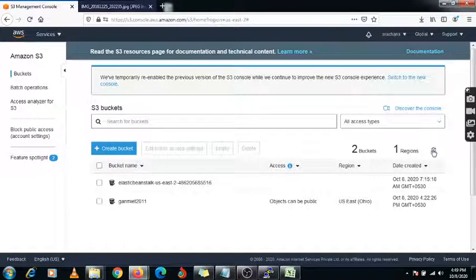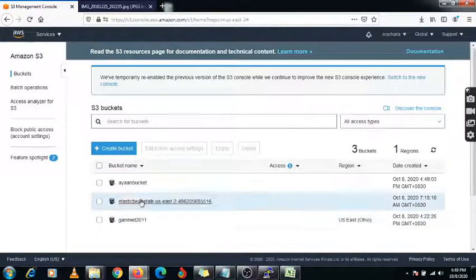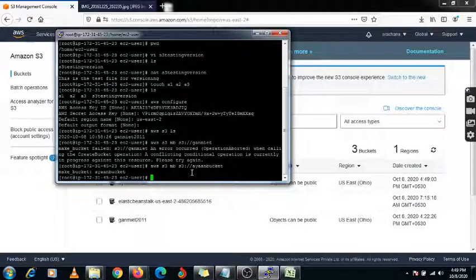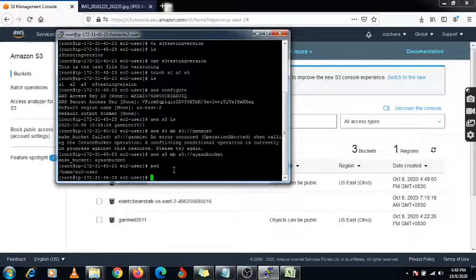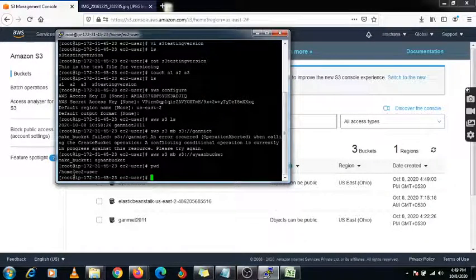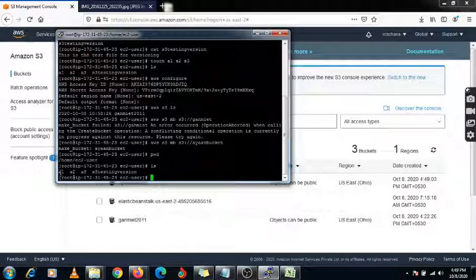You need to refresh it and check whether it is created now. If you want to remove this bucket, first we need to check. I am under this slash home slash ec2 hyphen user, just checking ls. So there is some data available on my server.